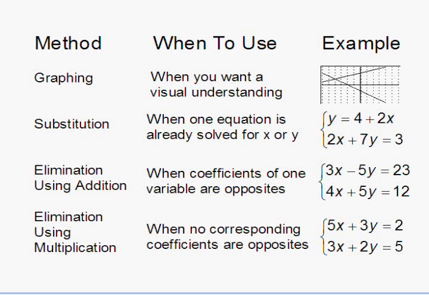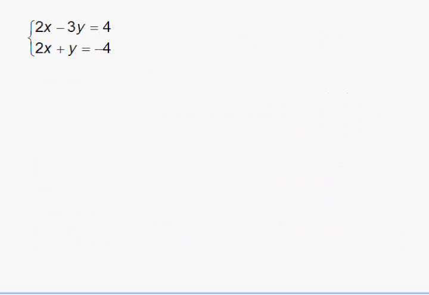When the coefficients of one variable are opposites, or if they match and can be easily made opposites, use elimination using addition. And when no corresponding coefficients are opposites, we'll have to solve by elimination using multiplication in order to create opposites. So suppose you had to choose the method to solve 2x minus 3y equals 4 and 2x plus